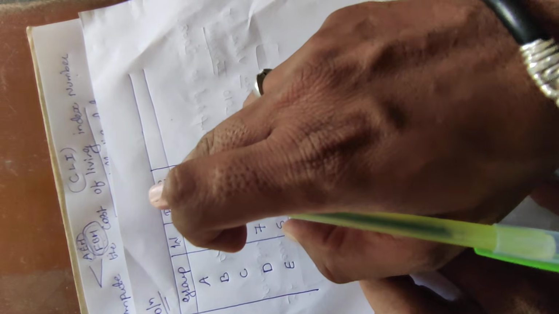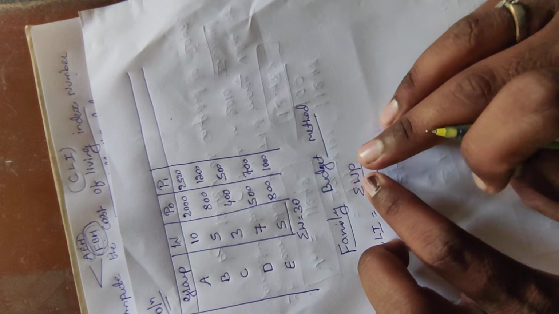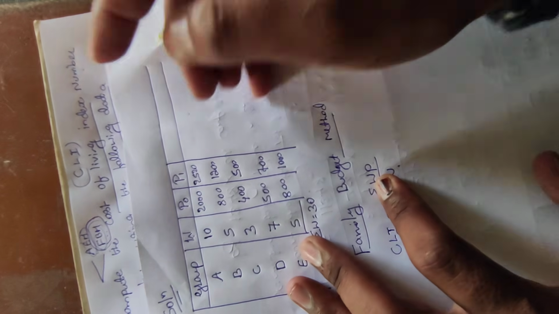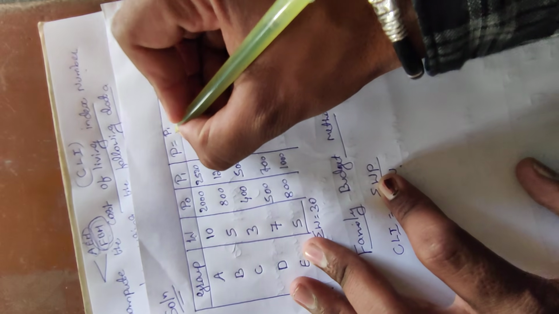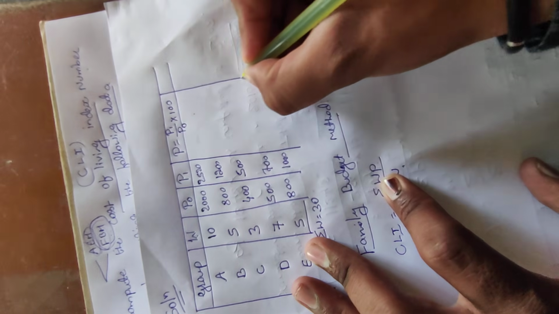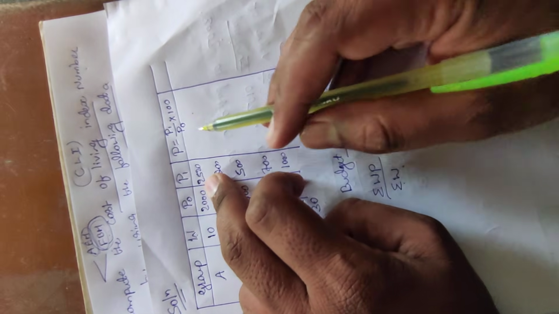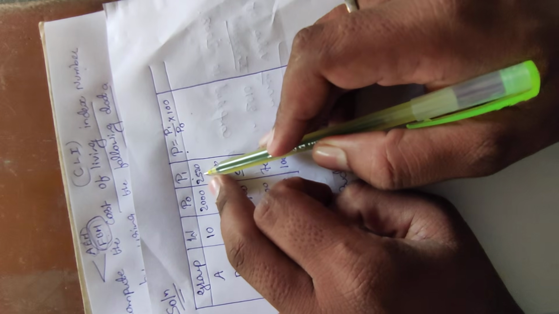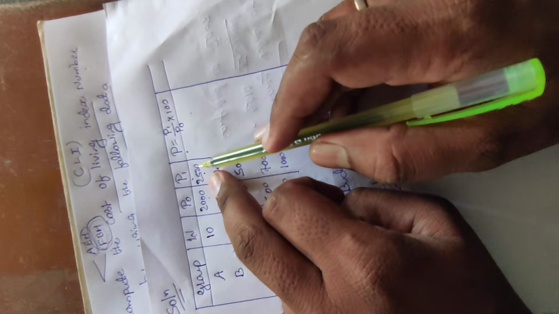In this problem they give the price of the base year and current year, but we require only the price relative. We have one formula to find P, the price relative: current year price P1 divided by P0, the base year price, into 100. This is the formula for calculating the price relative. So we calculate it based on the given information. P1 is 2520, divided by the base year 2000, into 100.